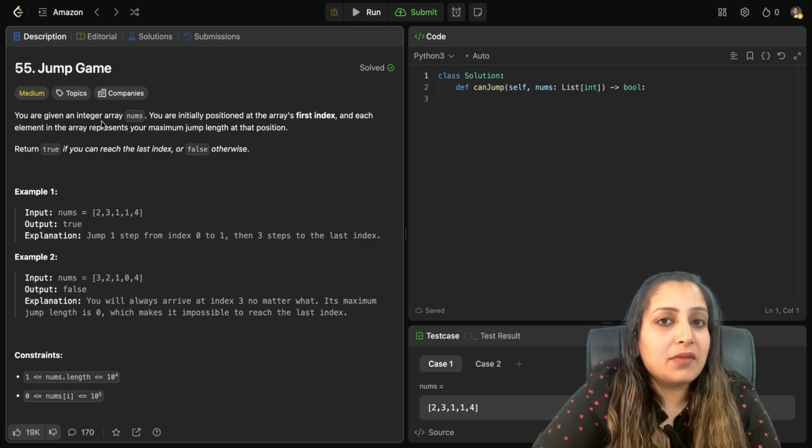So you have been given an array of positive integers, nums, and you are initially positioned at the beginning of the array, at the first index. Each element in the array represents the maximum jump length you can take from that position. You have to return true if you can reach the last index starting from the 0th index, or false otherwise. So let's look at some examples first, and then we will see what approaches we can use